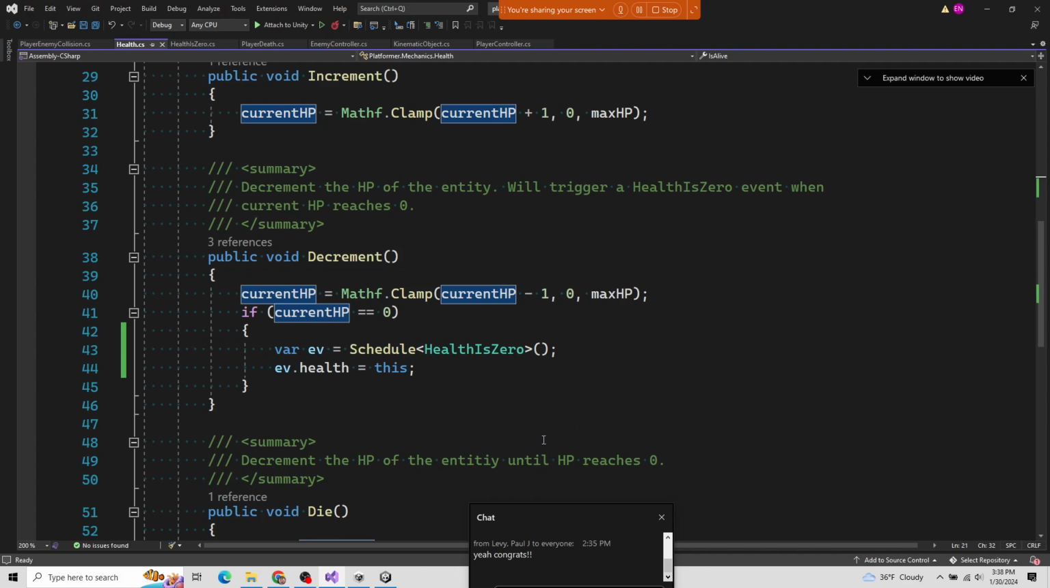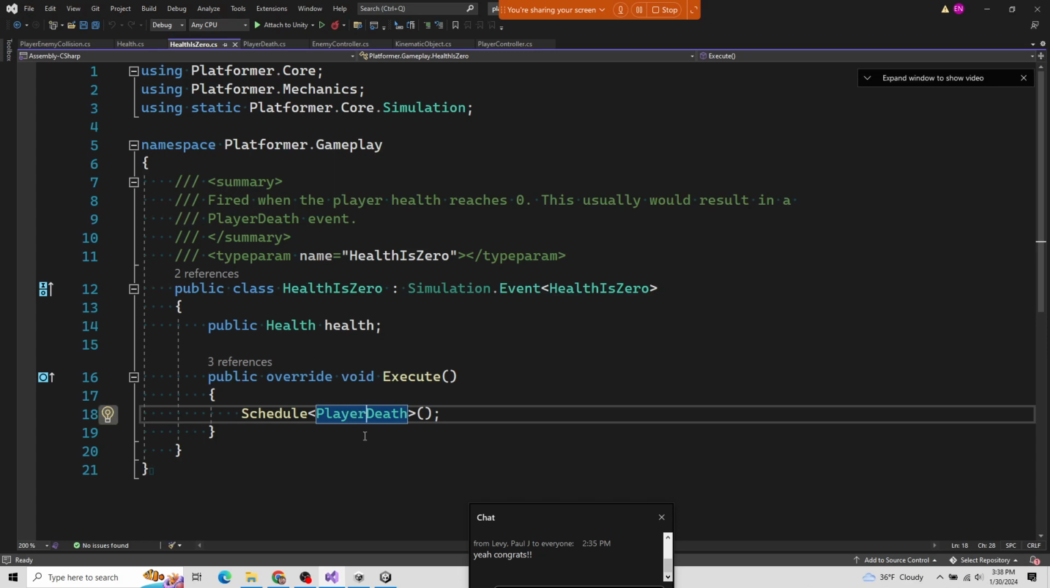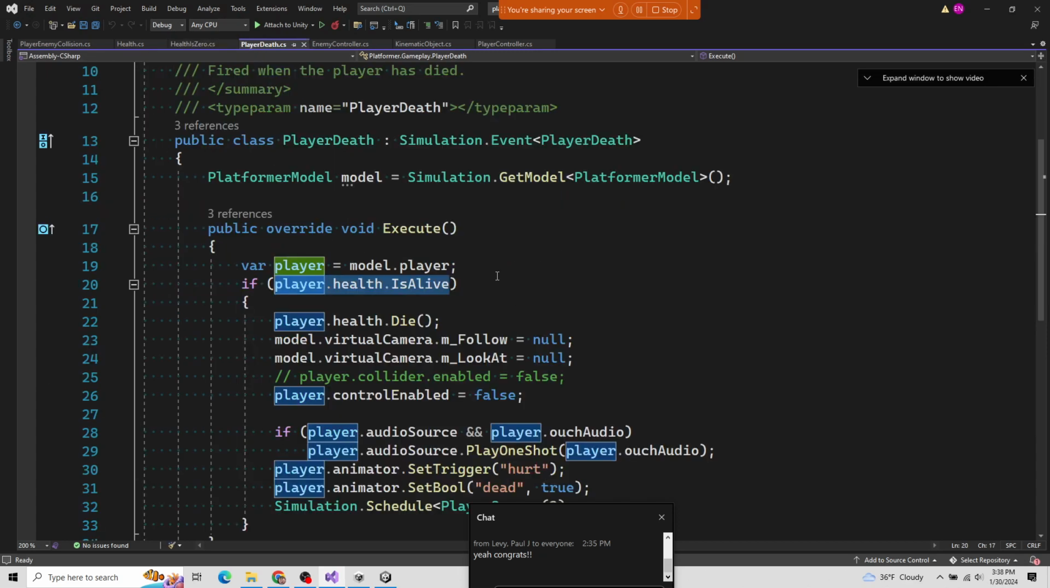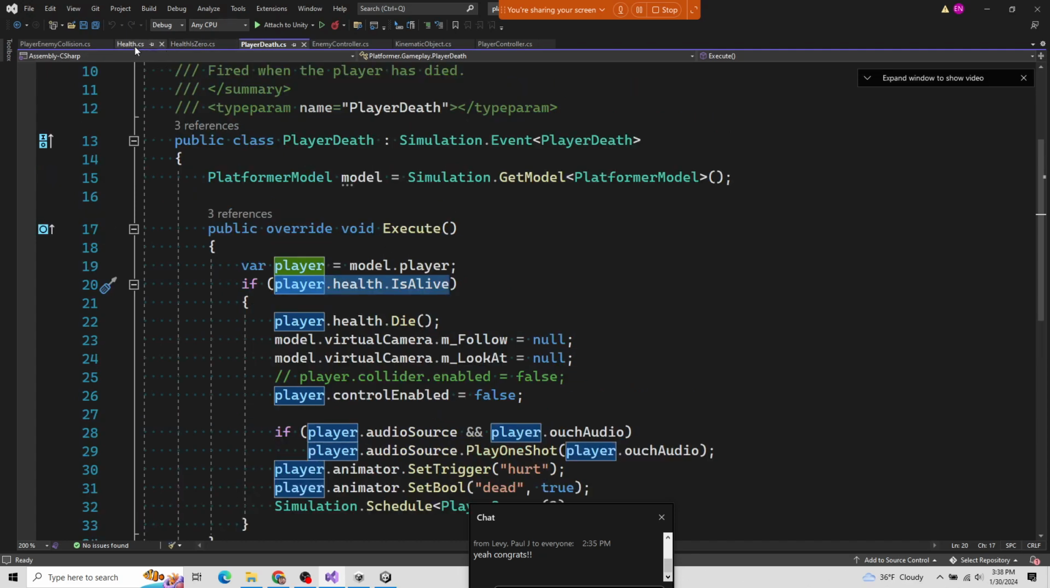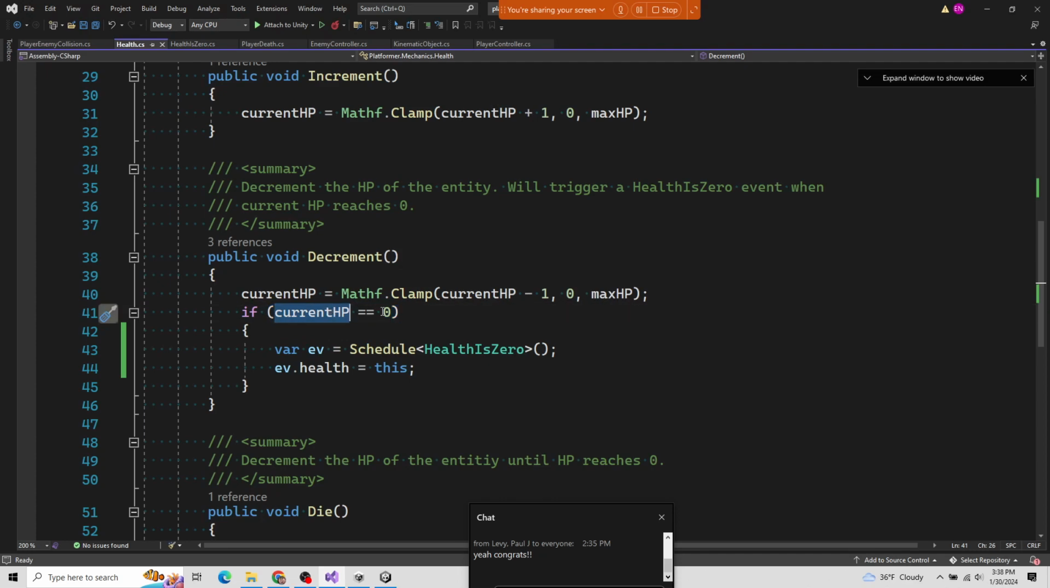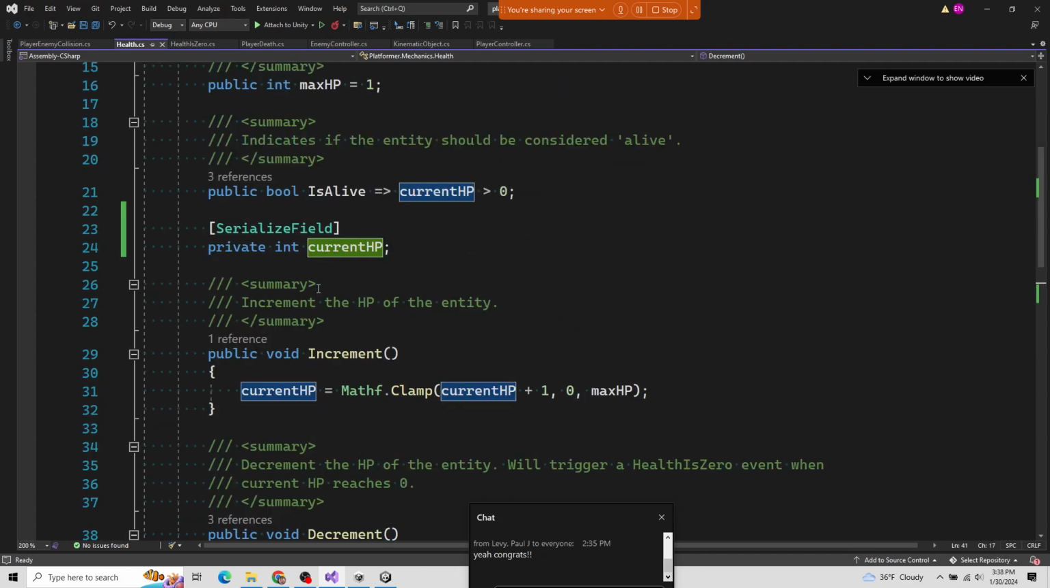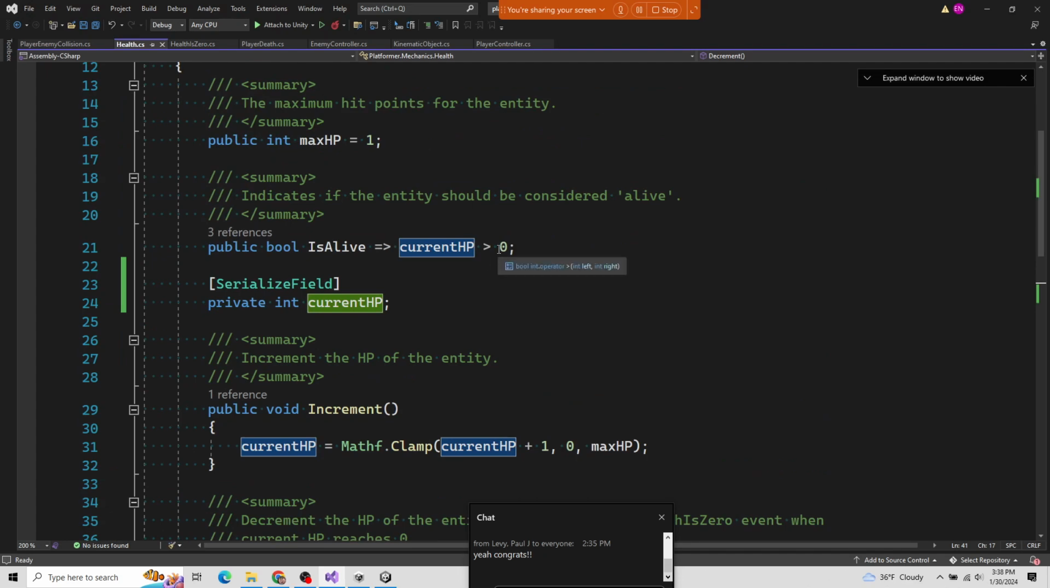Okay, so let's see. We get hit, right? Decrement gets called. We get our hit points taken to 0. This becomes true. We go into here, which basically just jumps us right over into player death. But this would be false at this point. It's so weird. Why are you doing an if check here? If we're scheduling a player death, and we know that current HP is 0, and this is alive,